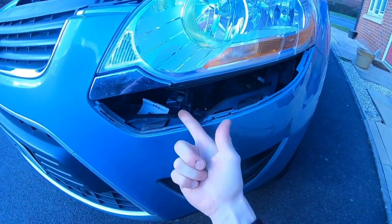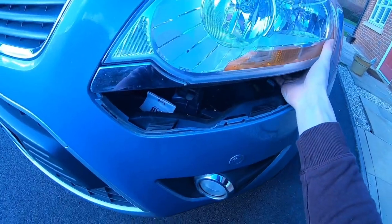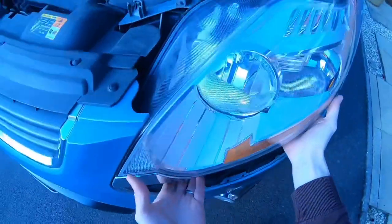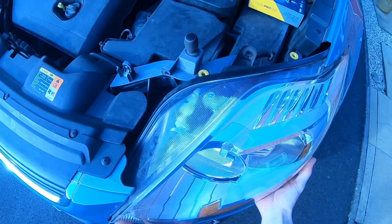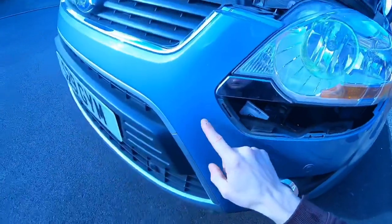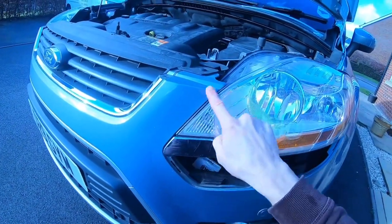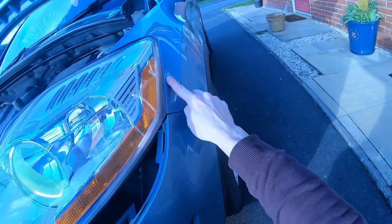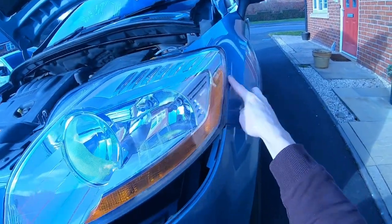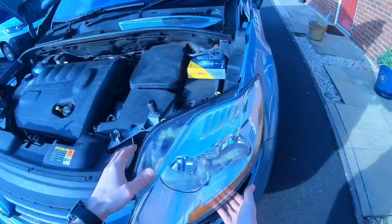and then come underneath and you press the little clip up, and you press the other retaining clip up, and then the whole headlight cluster should slide out. The only tricky thing is though, when you slide the cluster out, be careful where the cluster catches on the bonnet and the bumper here, and the wing here, and this little clip here. It's very tricky, it doesn't just slide straight out. You've got to give it a little wriggle,